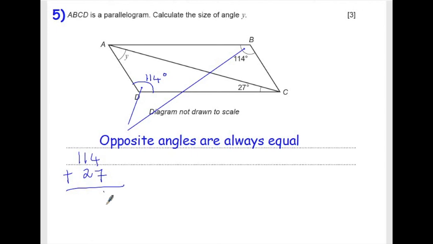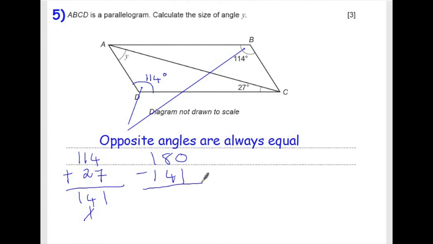4 add 7 is 11, 1 down, carry 1. 1 add 1 is 2, and the one we carried is 4. 1 add 0 is 1. So we end up with 141. We know angles in a triangle add up to 180, so 180 take away 141 will tell us what we're